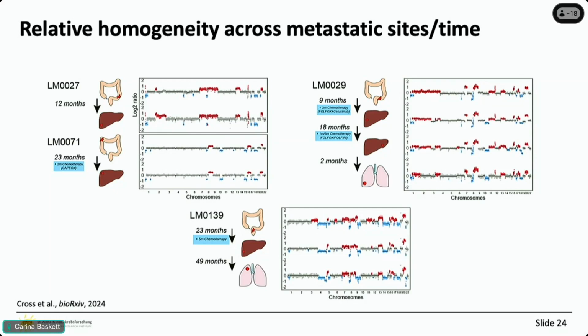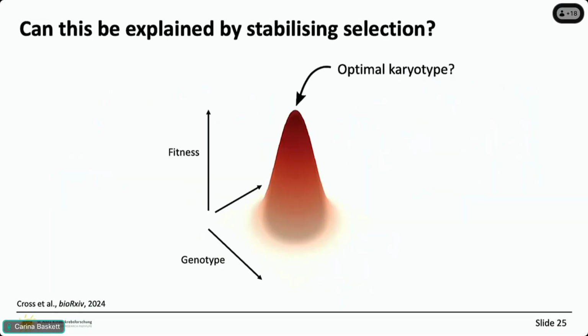And one thing that we proposed in a recently updated bioRxiv paper is that maybe this is an example in cancer of stabilizing selection, where you have a certain karyotype which is really the optimum, and these extreme events of diverging away from the karyotype are selected against. But I think this is one of the first times this has been suggested, and we're still trying to work out how strong our evidence is for this, but I think it is a really nice explanation.